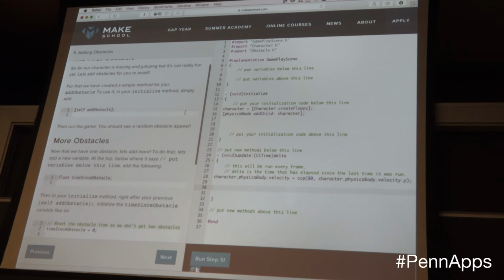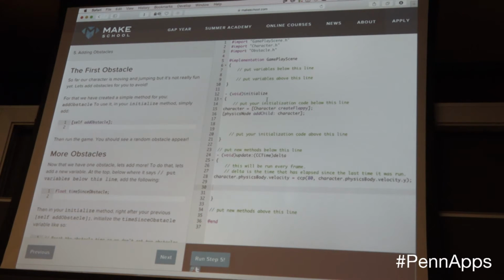Okay, so there's a lot of boilerplate code here, but we're just going to run through it really quickly. And again, this is an example of an introductory tutorial. If you go to the URL, which I'll put up again at the end, you can have access to a full library of comprehensive tutorials that include everything from Flappy Bird to Game of Life and an art library for making your own games.